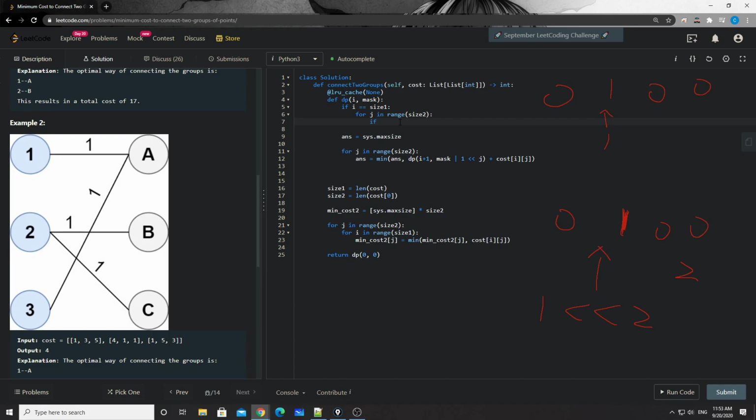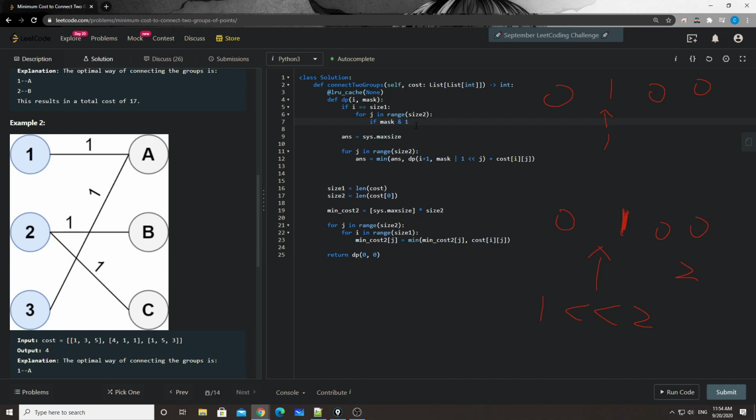Let me think. So basically, to check if the current bit position is 0, we need to do an AND with the mask, the same thing as here,